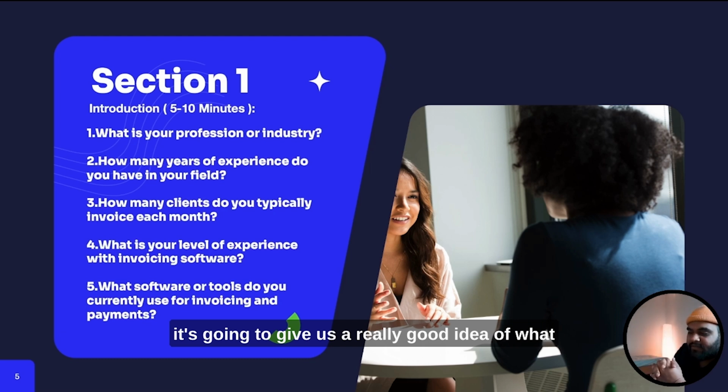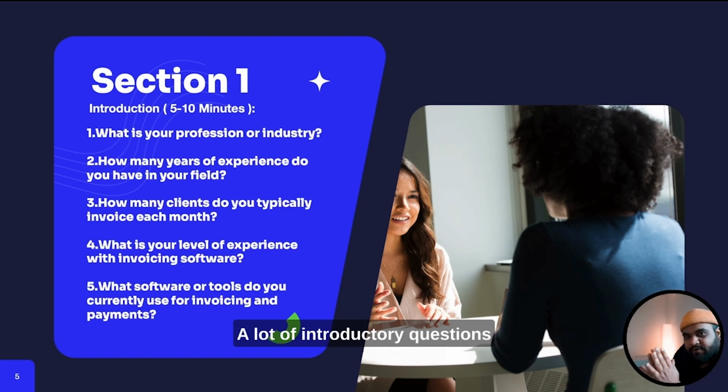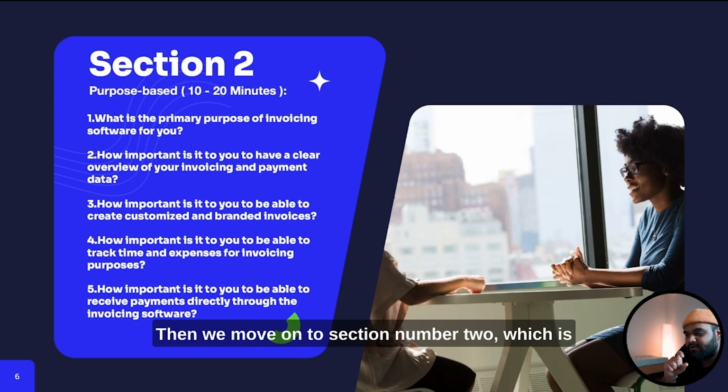of what kind of person we are even talking to, okay? How qualified he is, how capable he is, how much he knows about the industry, what he's working on. A lot of introductory questions set the ground really well. Then we move on to section number 2, which is going to be purpose-based questions, which is going to be